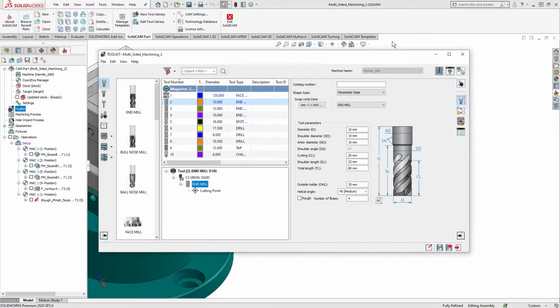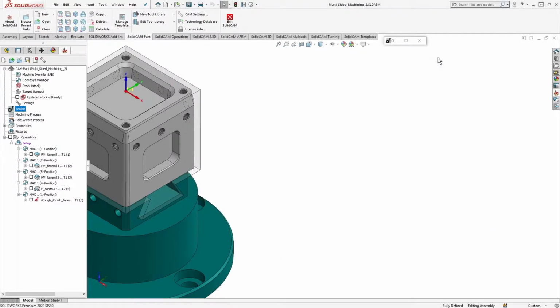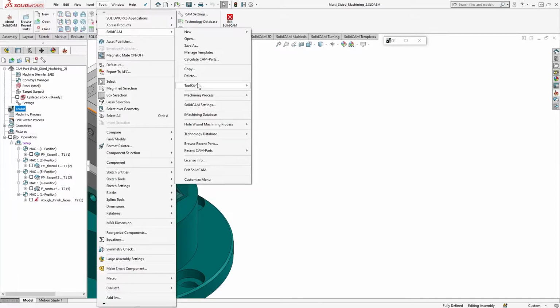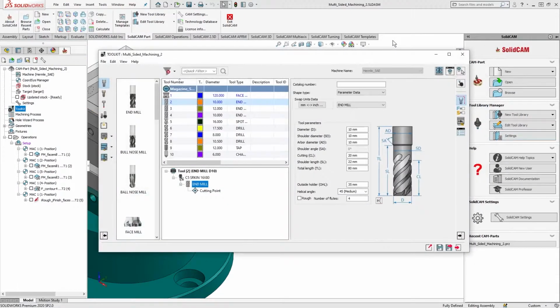SolidCAM's toolkit is installed with default settings that can easily be changed to suit your needs. Let's go to the Toolkit settings and have a look at them. There are several ways to get there, such as from the various SolidCAM controls in SolidWorks. But since I already have open my part tool library, I can just go to the main menu and click